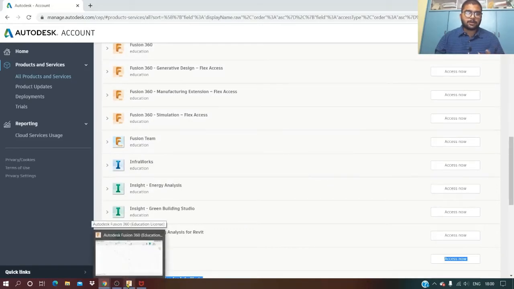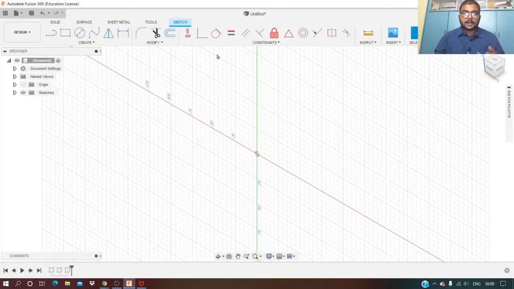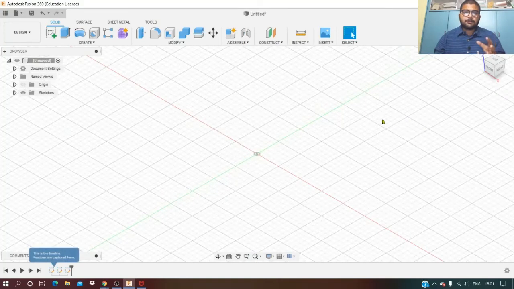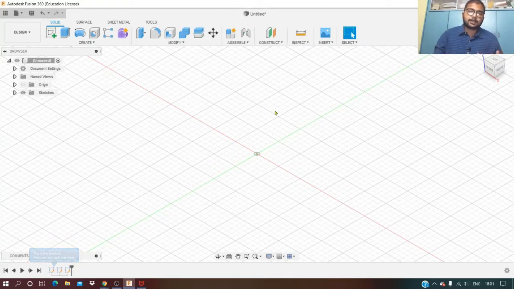When you download and install it, the interface will be something like this. As far as this workbench is concerned, it is somewhat similar to Solid Edge, which I have seen. Of course, these menu items have changed. I already mentioned that I am very new to Fusion 360. I don't know anything about it and I didn't even see any tutorials on how to create things. But I have enough hands-on experience with software packages like Solid Edge, CATIA and AutoCAD. So using that knowledge, let's see what we can do and just play around with this new software.